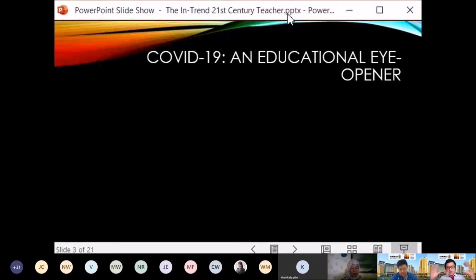All right, so let's talk about the big elephant in the room first, COVID-19. Of course, this is a worldwide thing. Earlier this year, we thought it was the China thing, if we just keep clean, nothing will happen to us. But at the end of the day, it reached our shores and it affected us more than ever. And never before have I personally thought that it would affect my own teaching, my own profession.